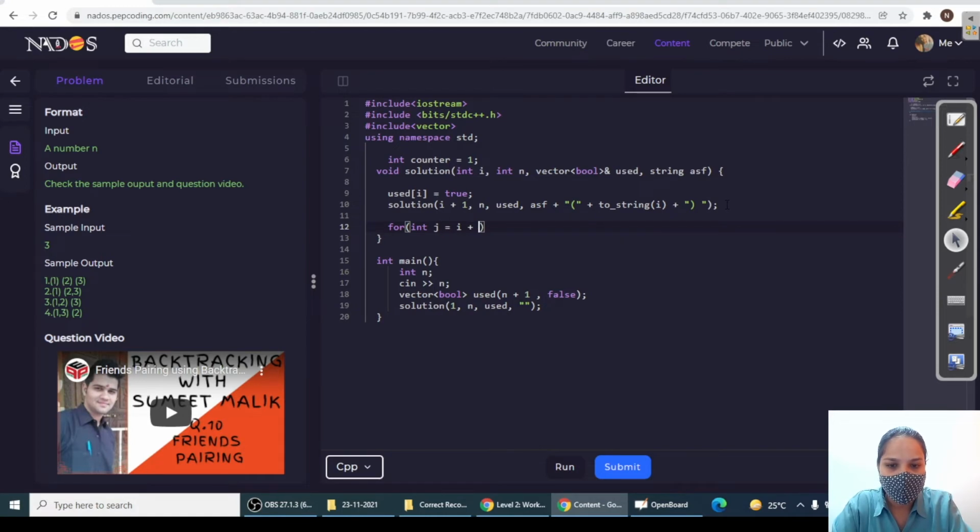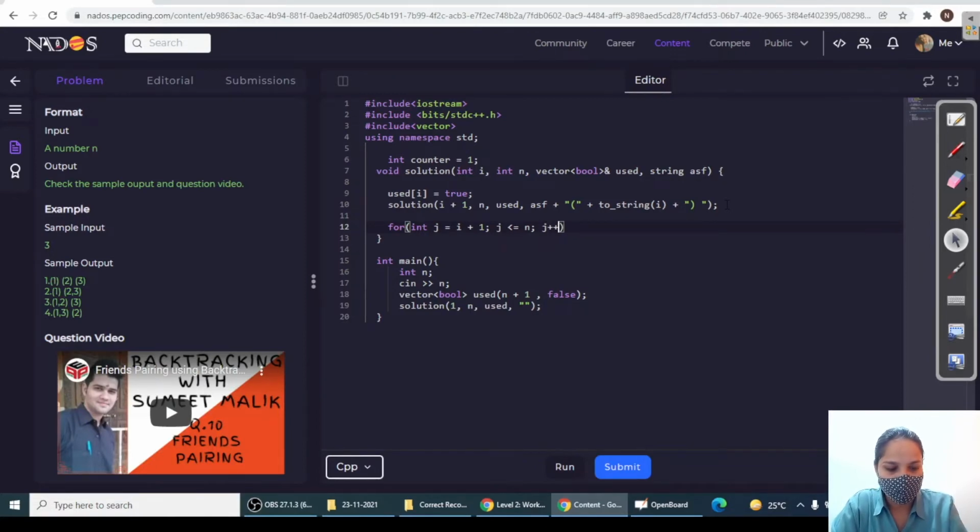Why I plus 1? Because I can't move backward. I needs to move forward, because 2 can't go with 1. 1 can go with 2, but 2 can't go with 1. So j will start from I plus 1 and j will be less than equals to n